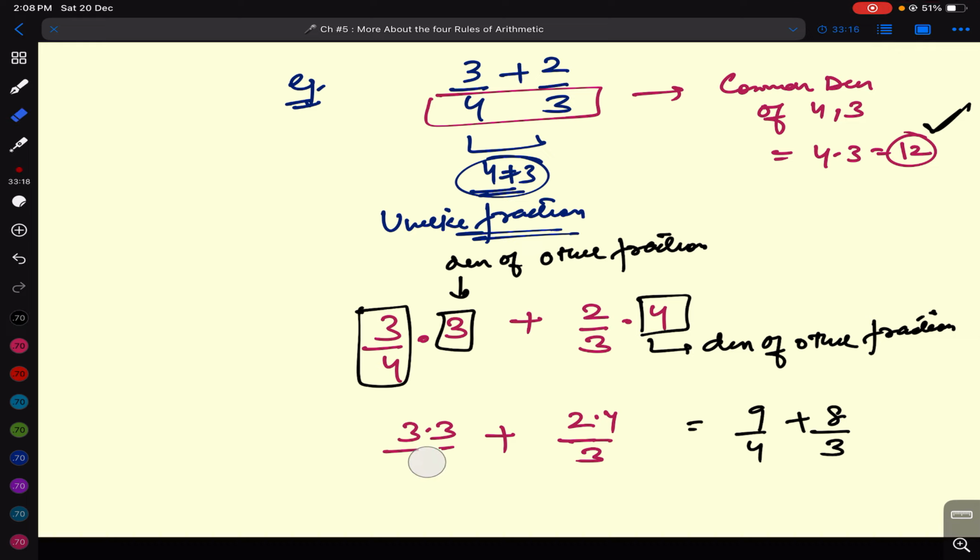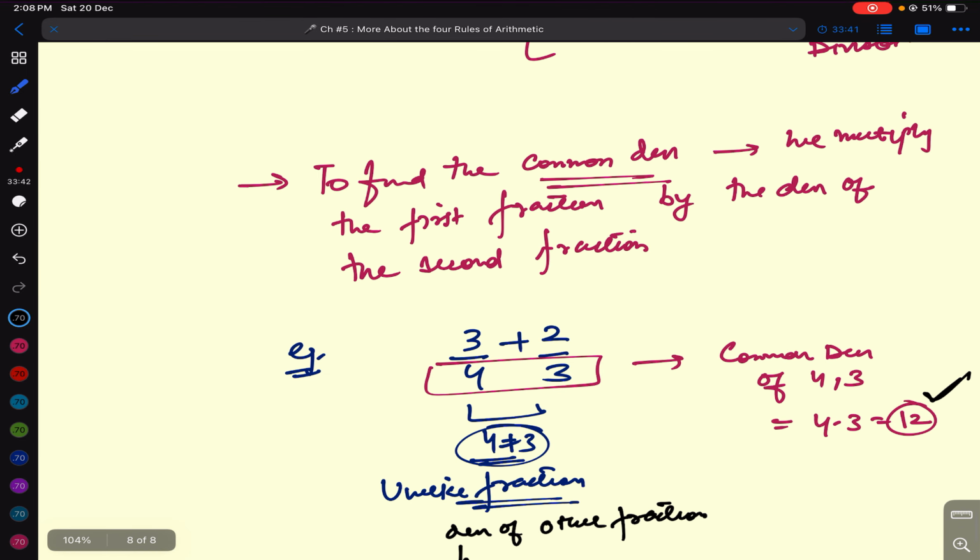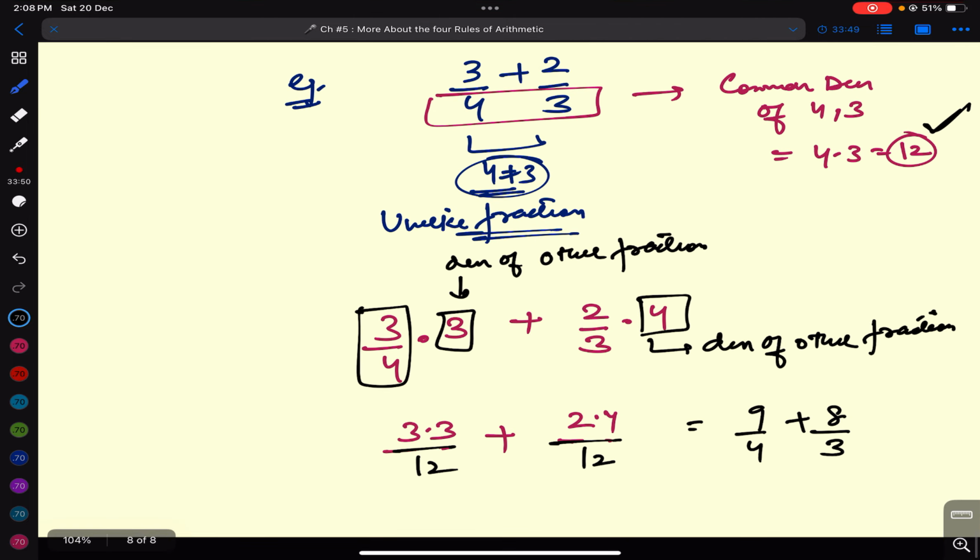So we multiply the first fraction by the denominator of the second fraction. Now this becomes 9 over 12